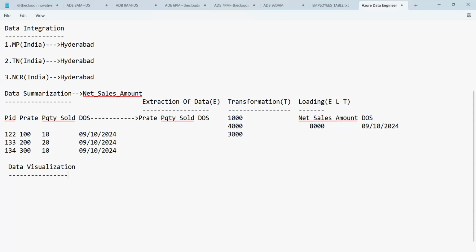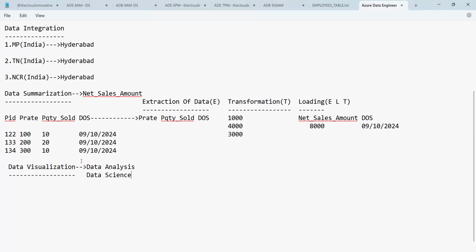Visualization is nothing but visualizing the data, and it is basically classified into two: data analysis and data science. Data analysis is done by the data analyst. Science is done by the data scientist.